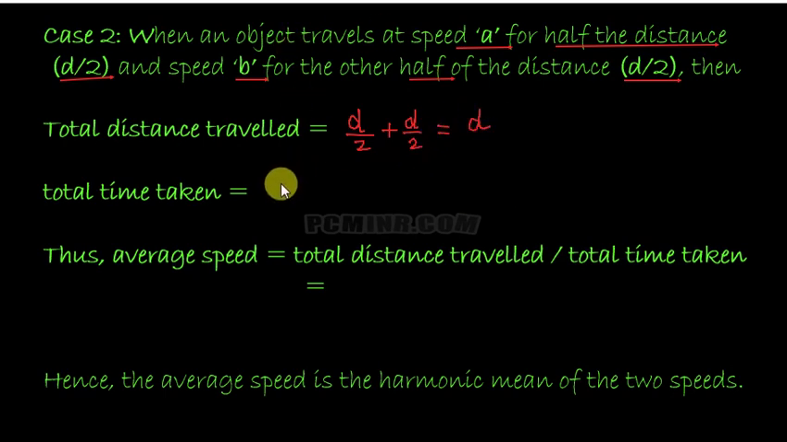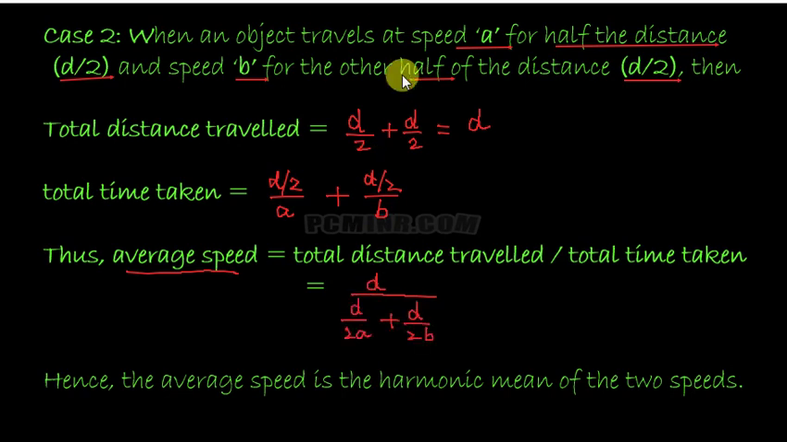And total time taken can be calculated from distance upon speed for the first half. So d by 2 by a is the time taken in the first half of the distance, and d by 2 upon b is the time taken in the second half of the distance. So therefore, again substituting, average speed is total distance traveled upon total time taken, so it's d upon the time is,